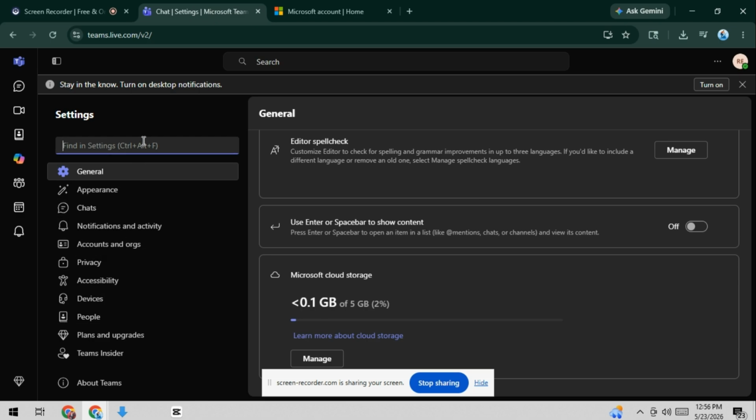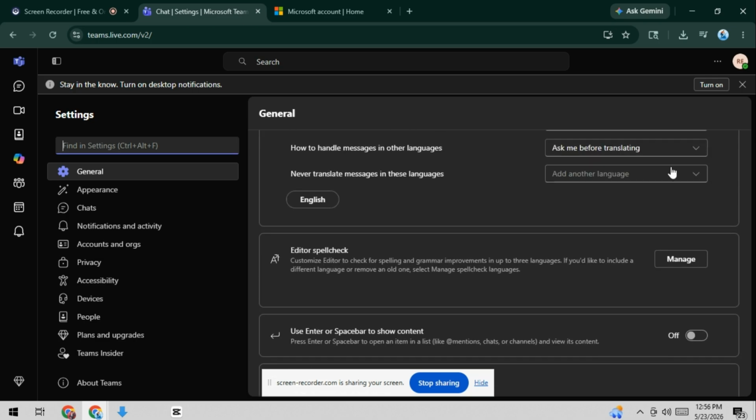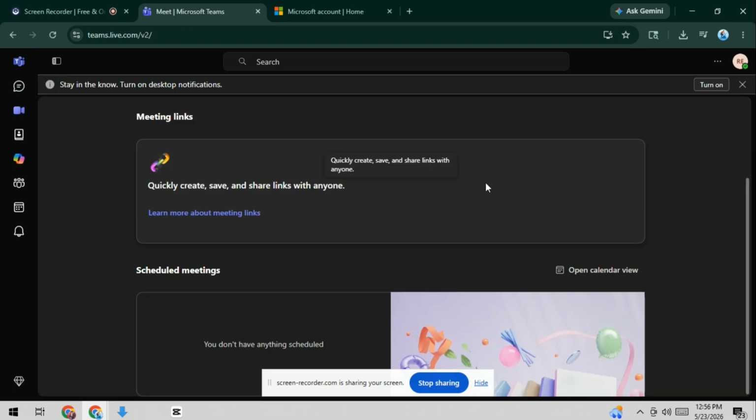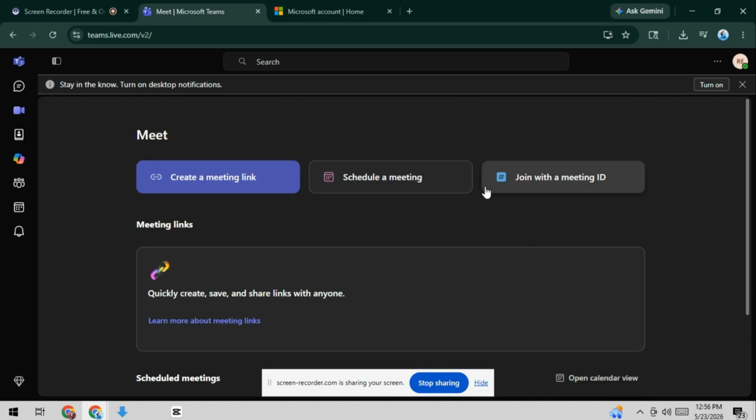Next, join or start a meeting, then click the three dots in the meeting controls and select more actions. After that, click broadcast over NDI. If you don't see it, go back and check that NDI is enabled in Teams settings and that your organization allows it. Once activated, Teams will start sending video and audio feeds over NDI, which you can now capture using